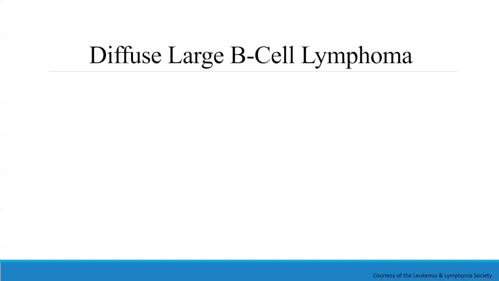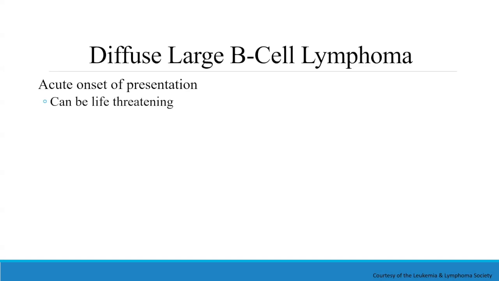So speaking of diffuse large B-cell lymphoma, these are often patients that don't present to your clinic with just, oh, I've had this lymph node for a couple of years, or I feel generally unwell for the last 6 to 12 months. These are often patients that present very acutely. These are patients who present to you saying, I have this rapidly enlarging node in my neck, or they have constitutional symptoms, pretty profound weight loss, 20, 30 pounds, fevers, night sweats, or they can actually present in a life-threatening manner to the emergency room with end organ dysfunction or evidence of other things that we'll talk about in a later presentation.